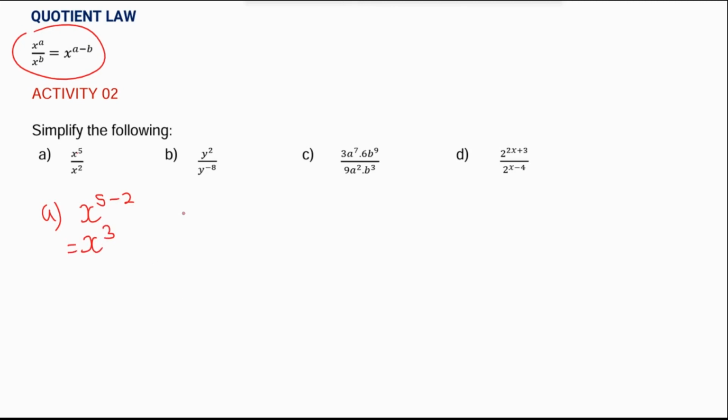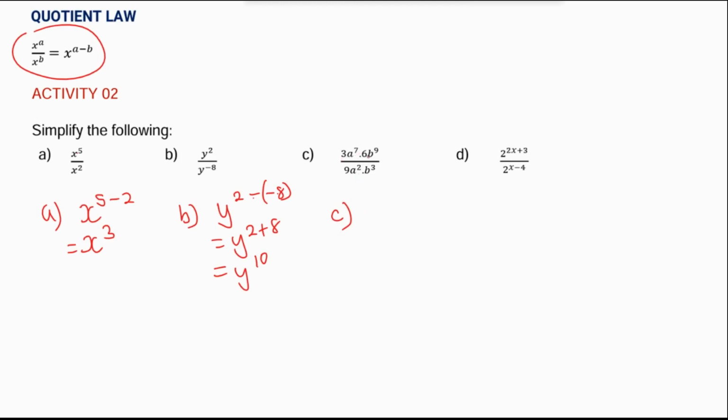And then B, again we have powers with the same base. So this is going to be y to the power 2 minus negative 8. And then 2 minus negative 8, that is 2 plus 8, meaning that this is y to the power 10. Then C,